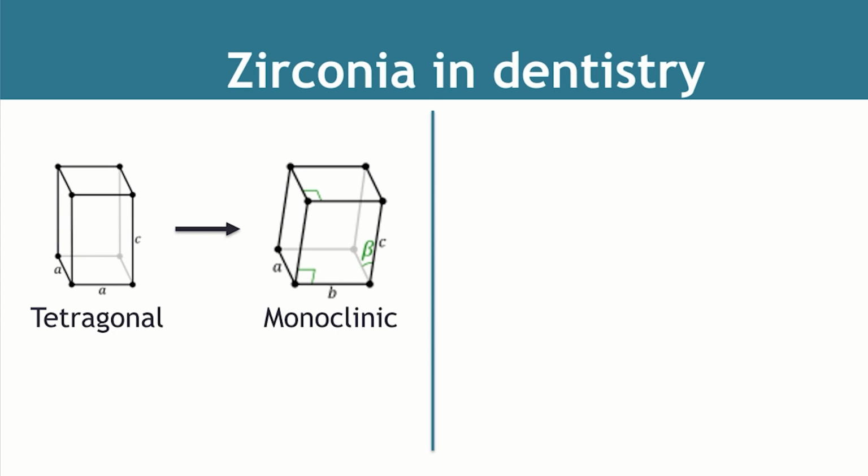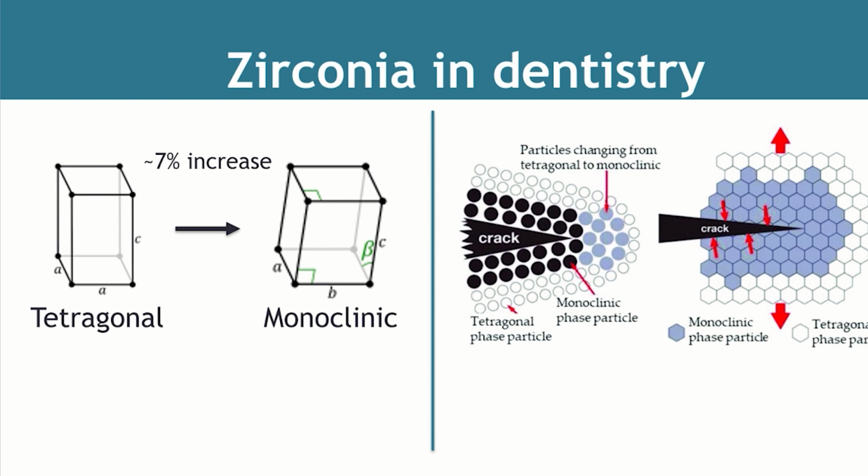This transition is called the martensitic phase transformation. It has other names such as the martensitic toughening mechanism, as well as others. This is just the name of the transformation, and it's recognized due to no atoms changing when going through the phase transformation. In this phase transformation, the volume changes slightly. It has an increase of about 7%, and this volume expansion is very important, improving the mechanical properties of the